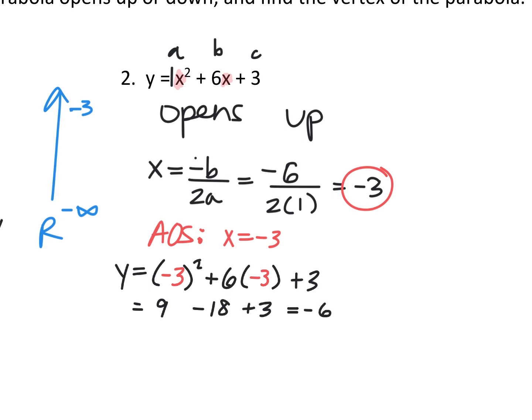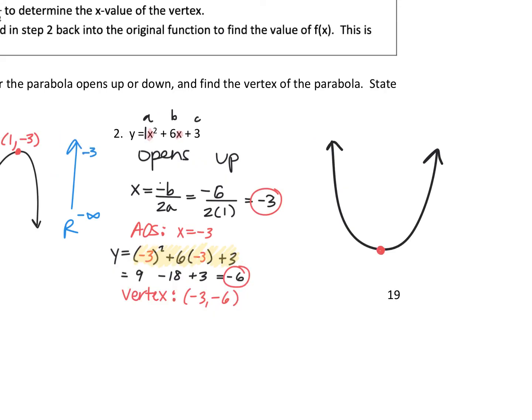Okay, I'm going to show this on a calculator just because I didn't for the last one. If you're typing this in a calculator, or maybe you're just not so awesome with mental math, this would be what I would type in the calculator. So then I would go to Desmos, or you can just go to your calculator. You don't need to use Desmos, but if you don't have a calculator, you can use Desmos. So the vertex is at -3,